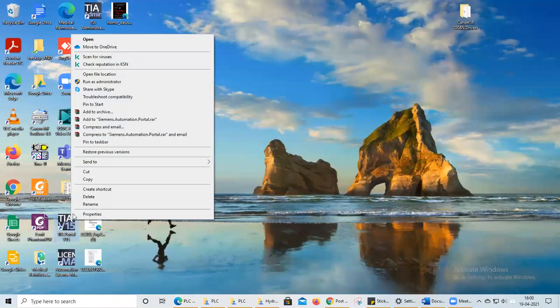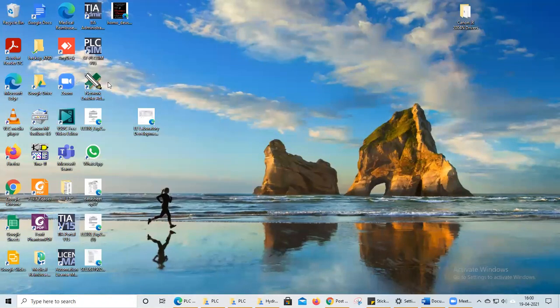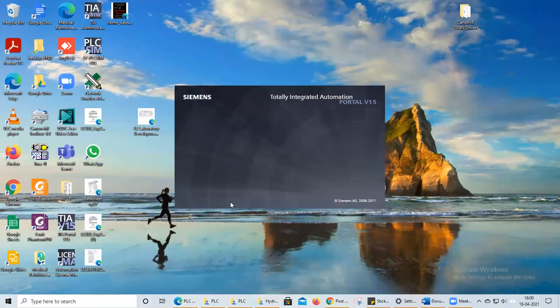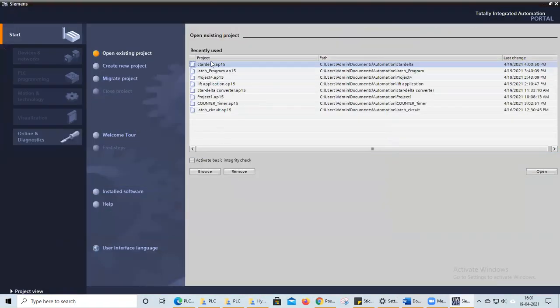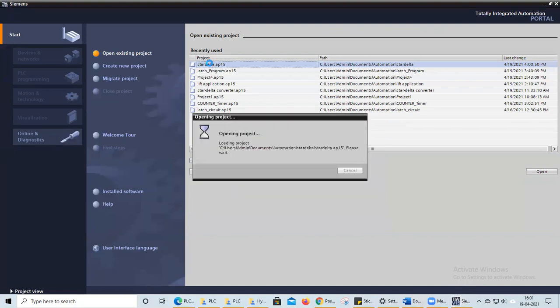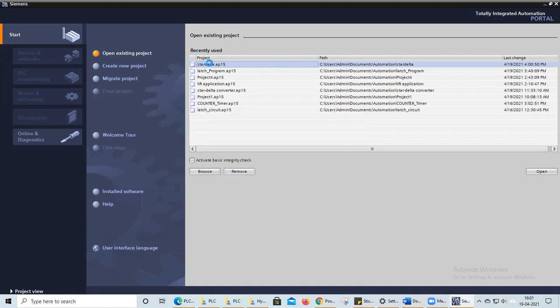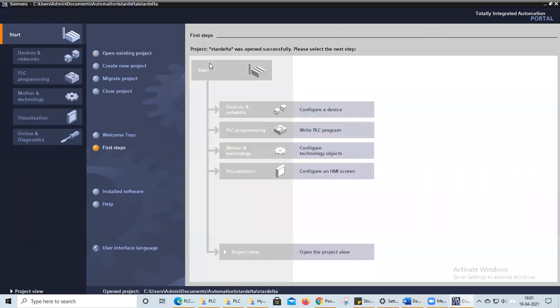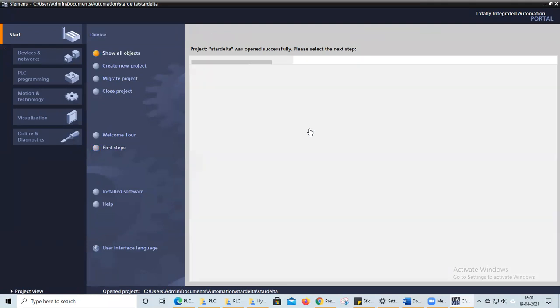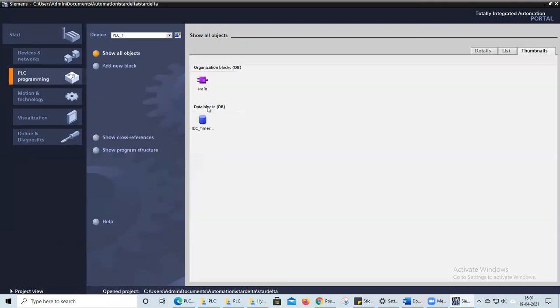Open as an administrator. Star Delta program. Go for write PLC program, main block.